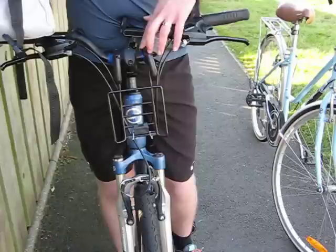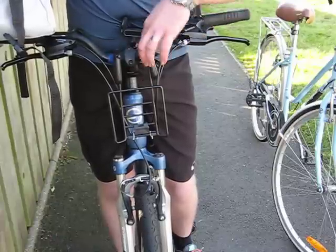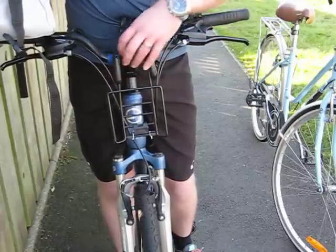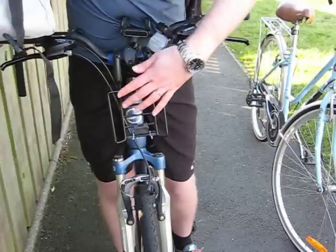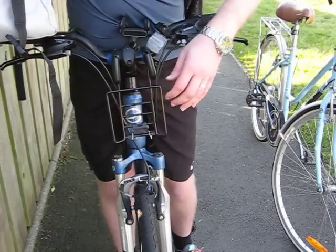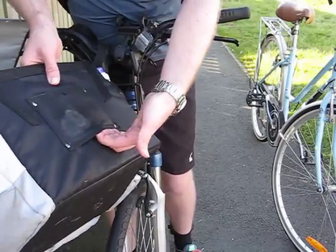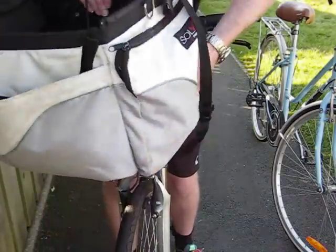At the handlebars itself, it just screws on, and I've added a bit of electrical tape just to make that a nice snug fit. The frame here itself is quite a firm metal, and it holds on quite nicely. It slips into this little pocket on the back of the bag, like so,